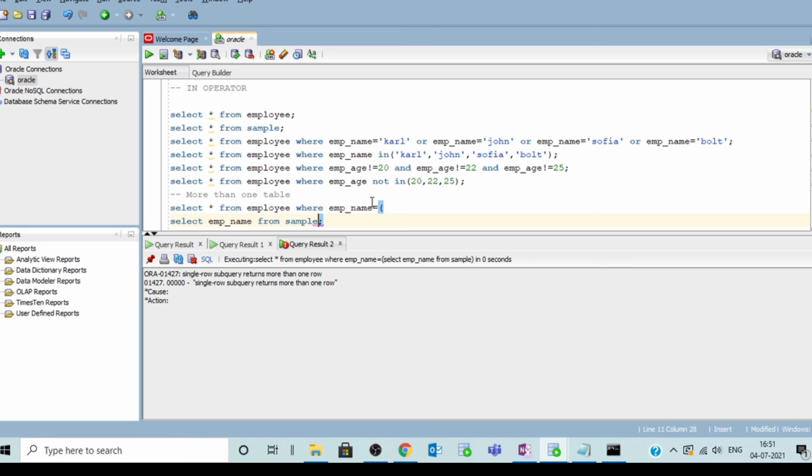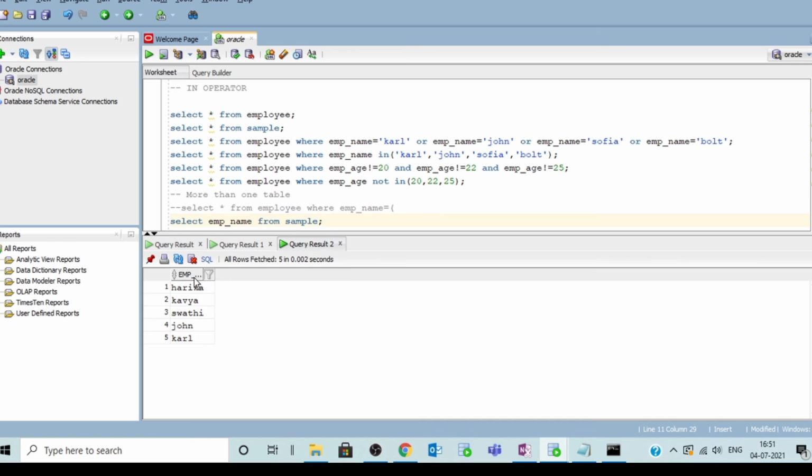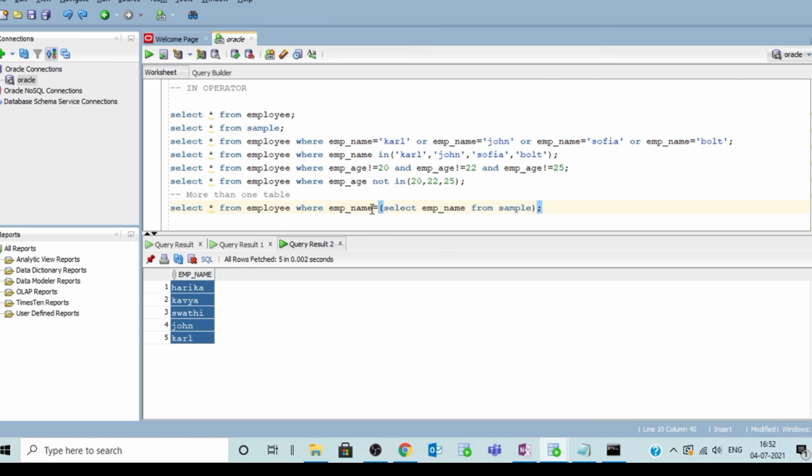That is nothing but if we execute this subquery, we'll get more than one name because we have more than one name in that table. So these are more than one value, and we cannot compare more than one value with a single value using equal to. So in that case we should give the IN operator.